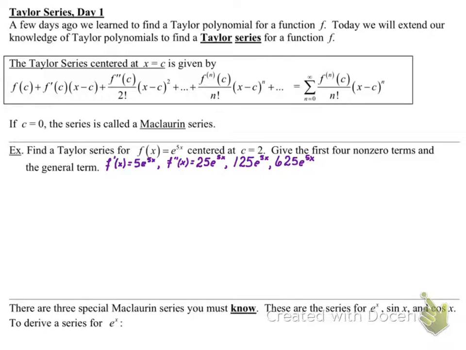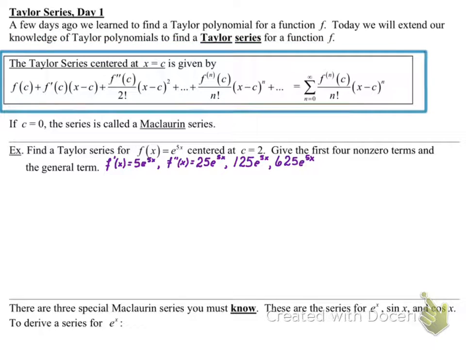So we learned to find a Taylor polynomial for a function, and I introduced you to the formula for the series, and I tried to emphasize and re-emphasize the fact that when c equals 0, the series is called the Maclaurin series. So for this first example,